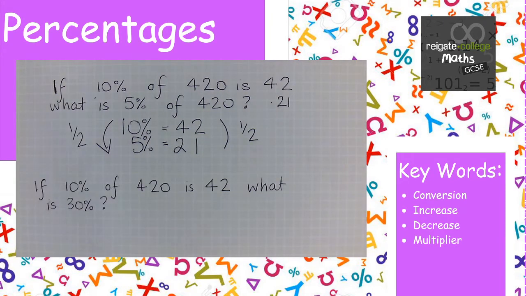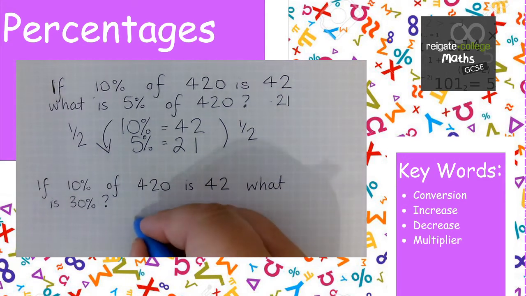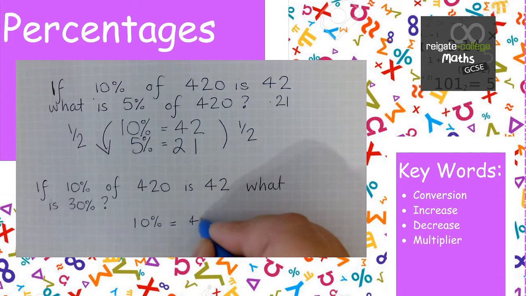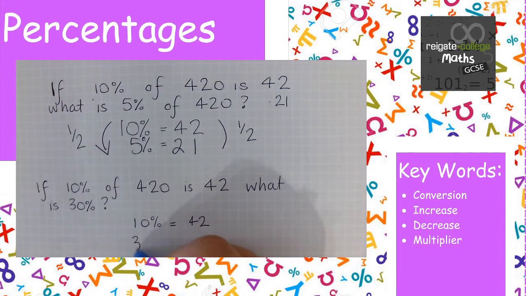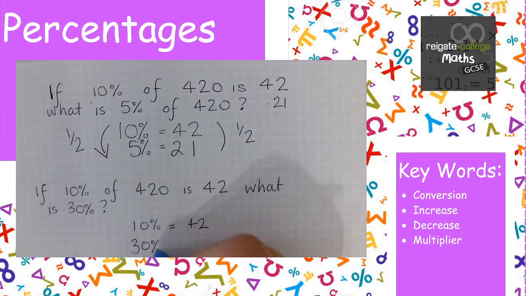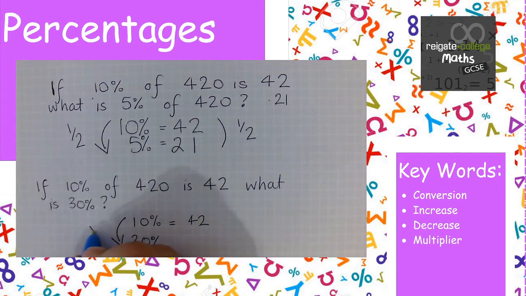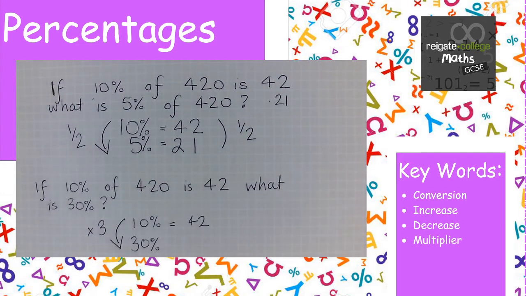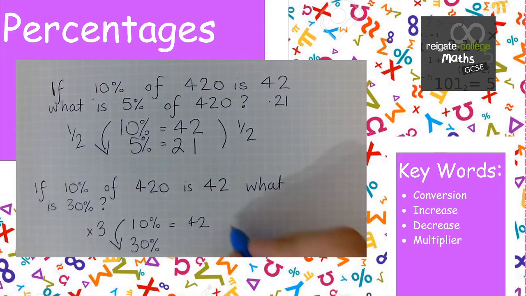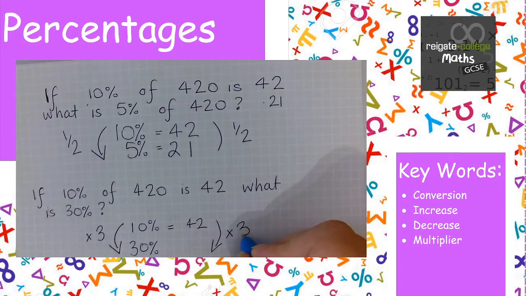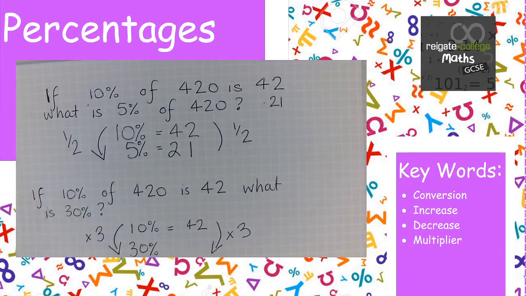My question now says, if 10% of 420 is 42, what is 30%? So again, I go back to my 10% being 42, and I think about the relationship between the 10% and the 30%, and that is a multiplier of 3. So what I need to do now is multiply the other side by 3, and 42 times 3 is